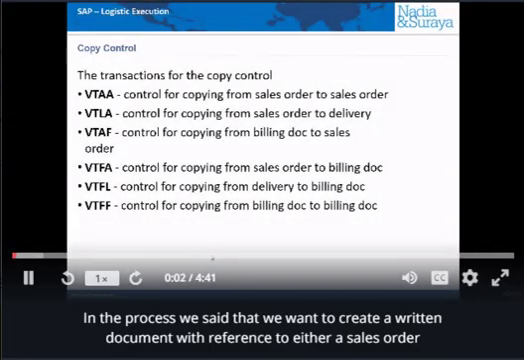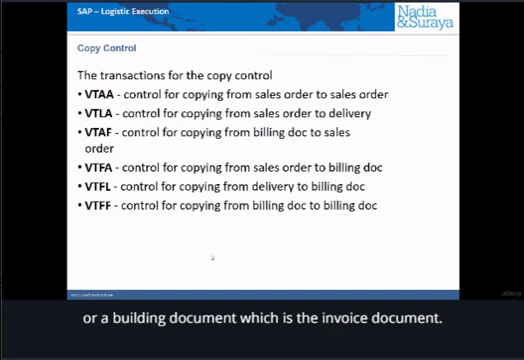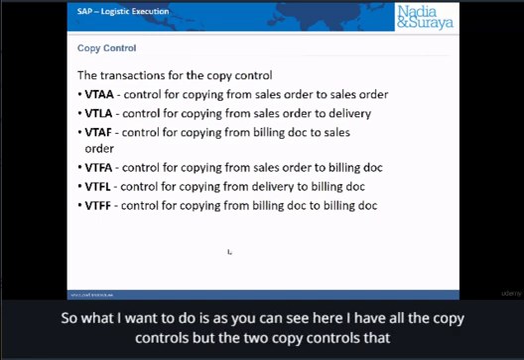In the process, we said that we want to create the return document with reference to either a sales order or a billing document, which is the invoice document. This means that we have to use the copy control to make all of this work. So what I want to do is, as you can see here, I have all of the copy controls, but